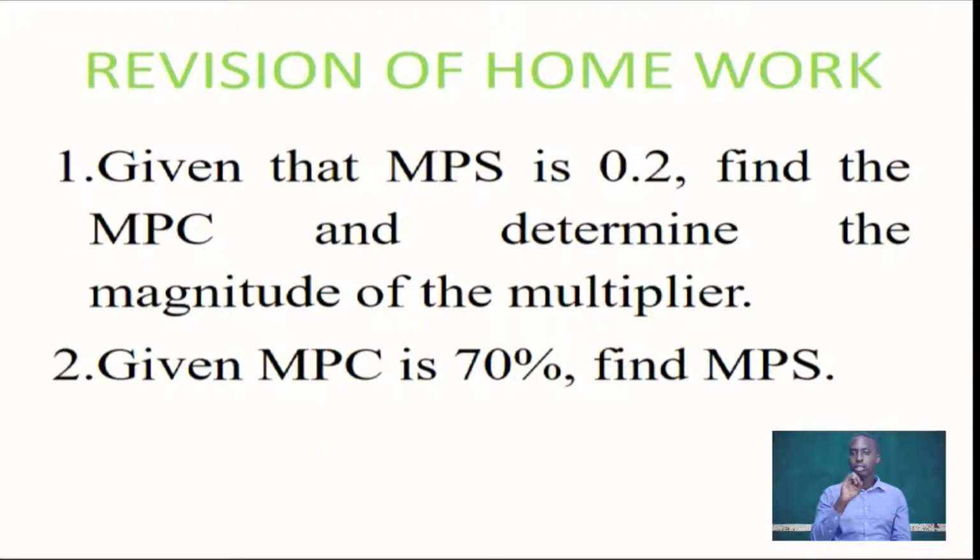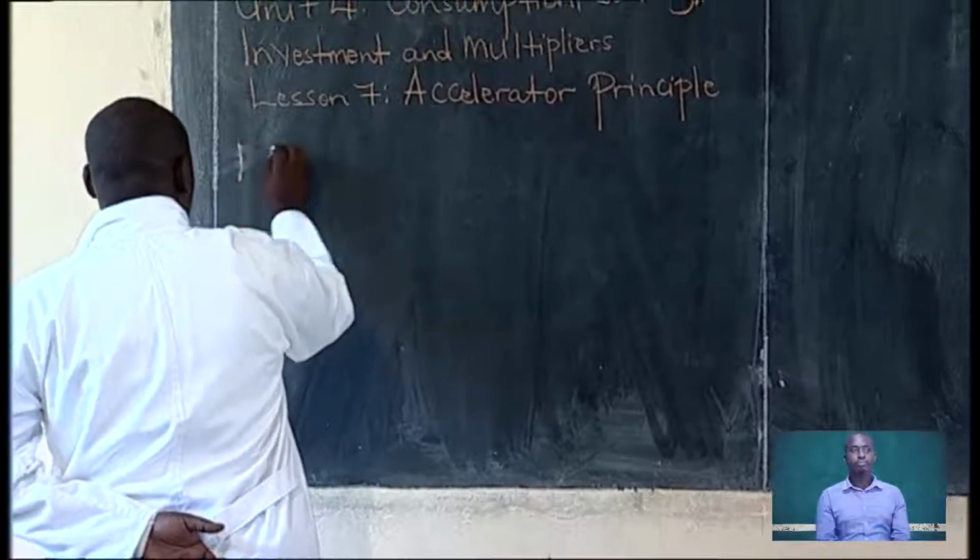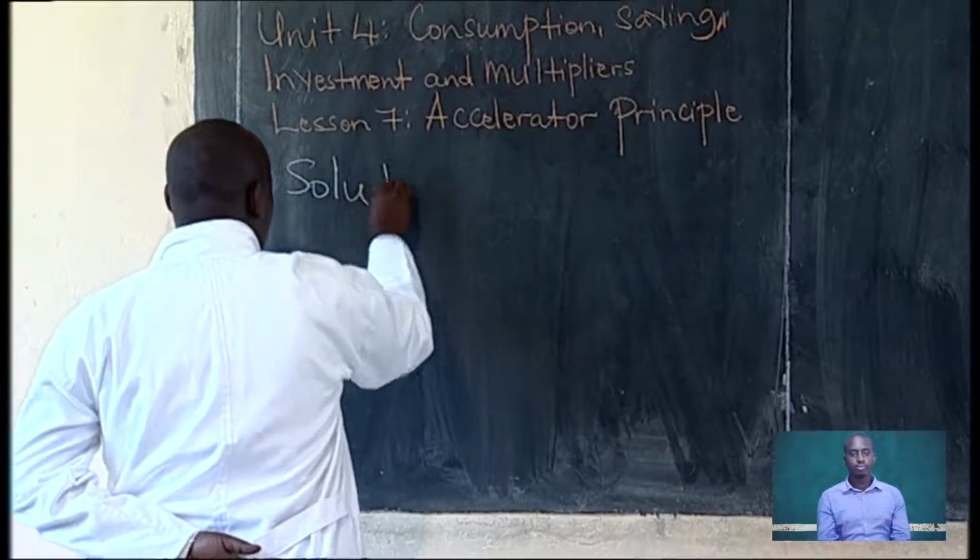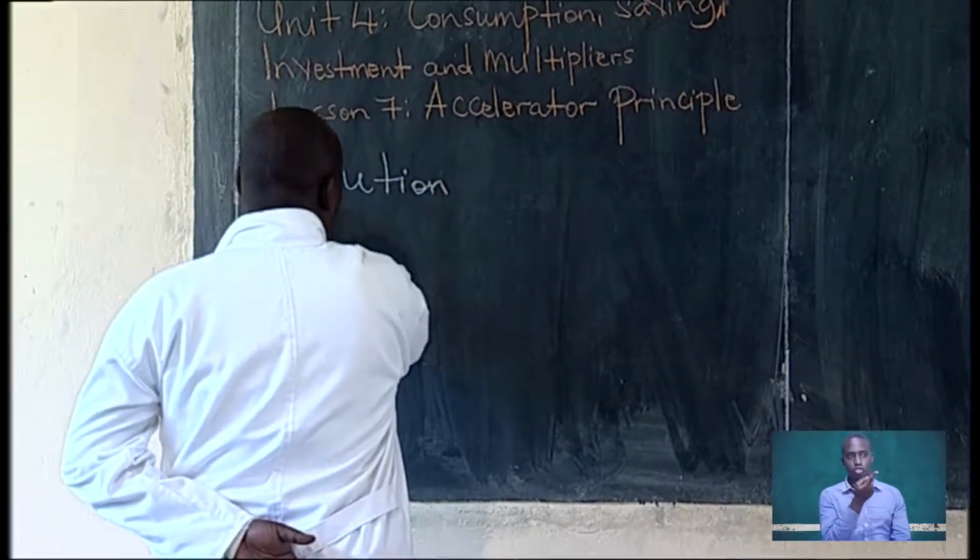You're given marginal propensity to save, which is 0.2. They want you to find the marginal propensity to consume and determine the magnitude of the multiplier, which is the size of the multiplier. Now, given that, which is question 1, solution. The solution of question 1,